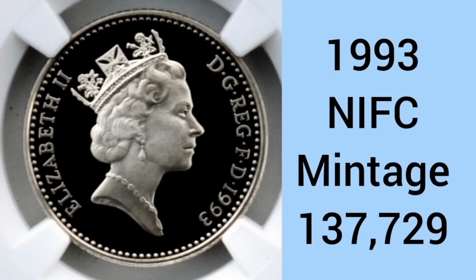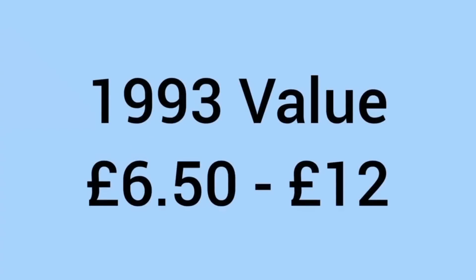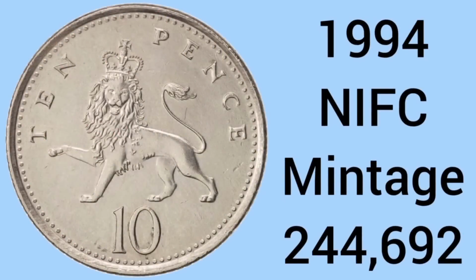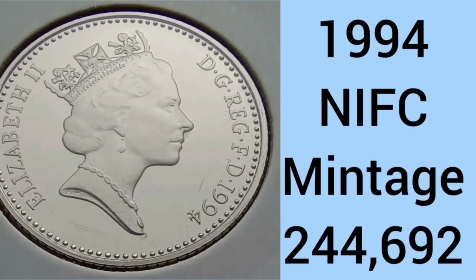But if you do find the rare 1993 10 pence coin in your change, then how much could it be worth? Well, it's currently selling for around £6.50 to £12, so a great return on 10 pence if you have this coin. Another NIFC year is the year directly afterwards, as 1994 is also not intended for circulation, with a mintage of